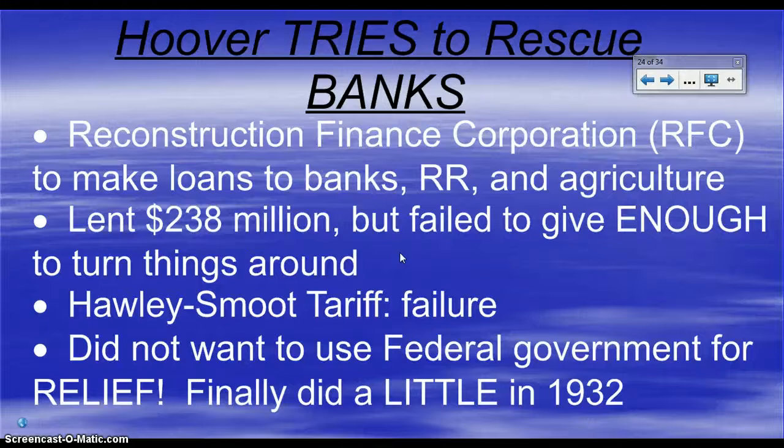And he was using kind of more old tactics to deal with this. So we thought, we'll put a protective tariff up. That'll make our businesses better, right? No, it didn't. And the thing about Hoover is he was a classic kind of just fiscal conservative, and he